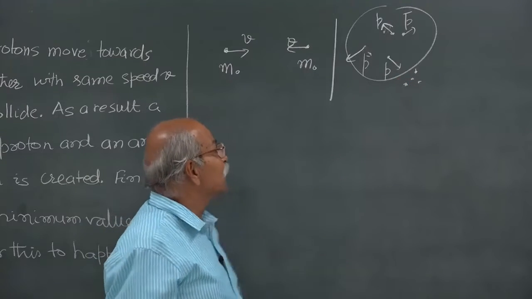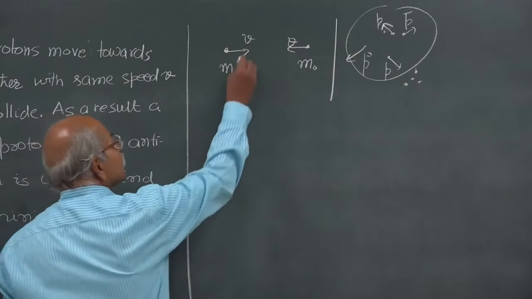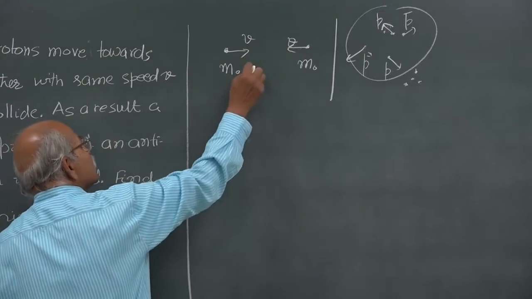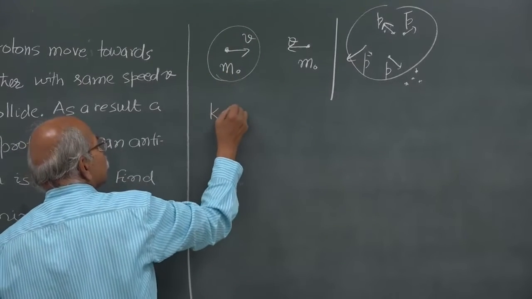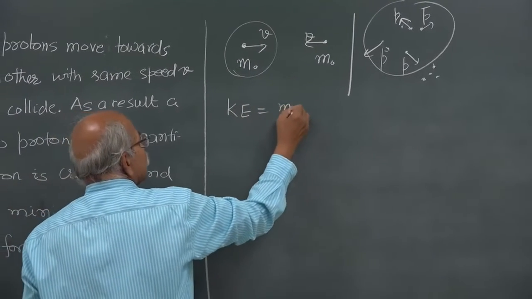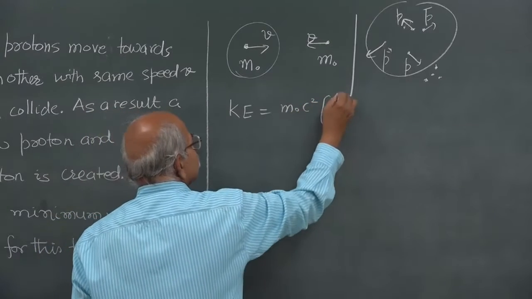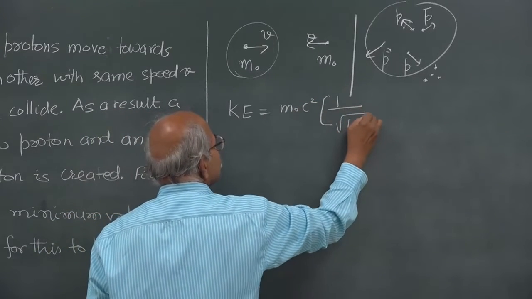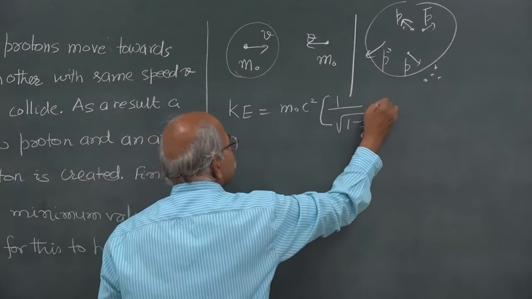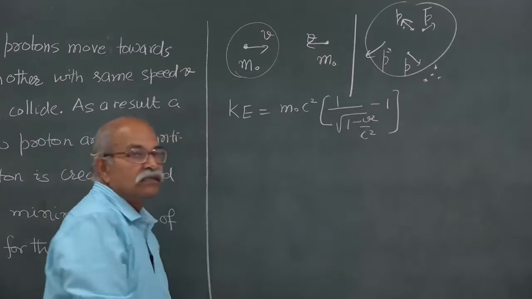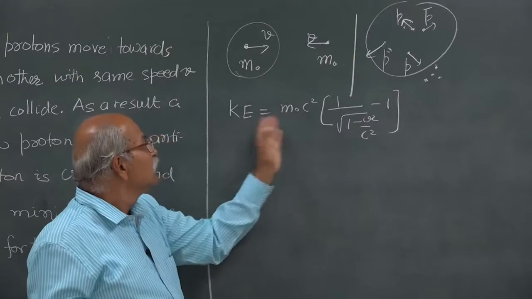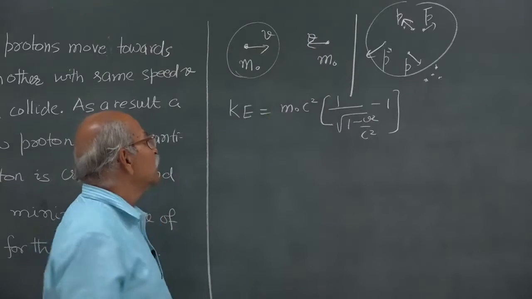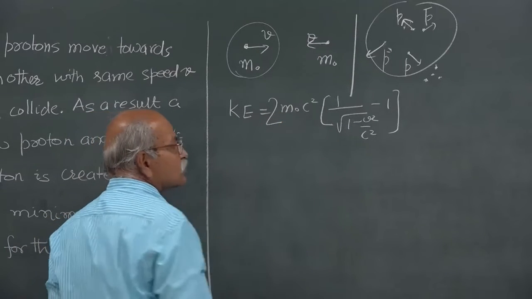So, this should be 0, and then for that case, how much is the kinetic energy here for this particle? Let us say for this particle the kinetic energy is m naught c square into 1 by square root of 1 minus v square by c square, minus 1. Right, you remember this was the expression for kinetic energy for this particle, and similarly for this particle, and therefore the total kinetic energy is this,